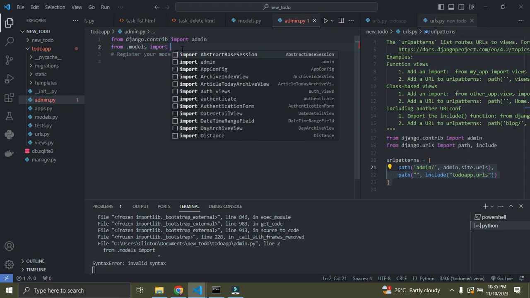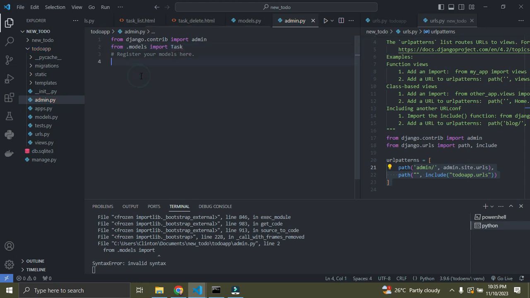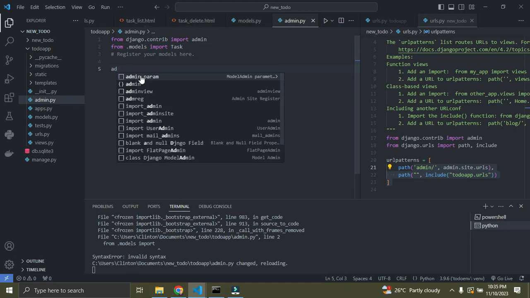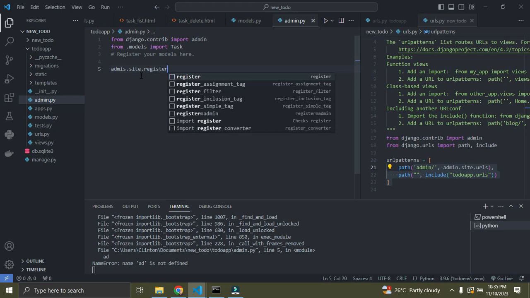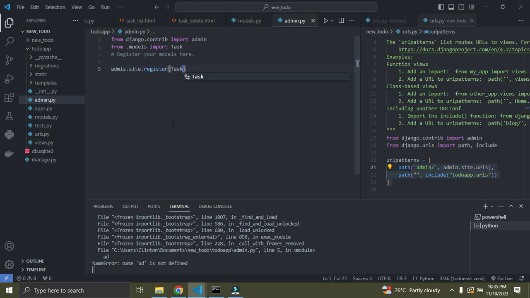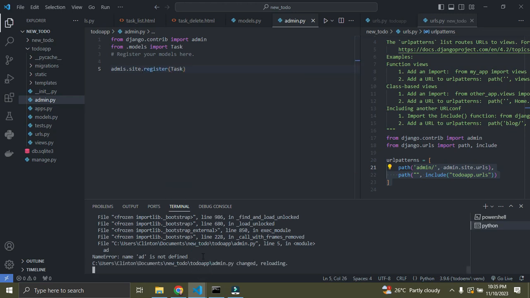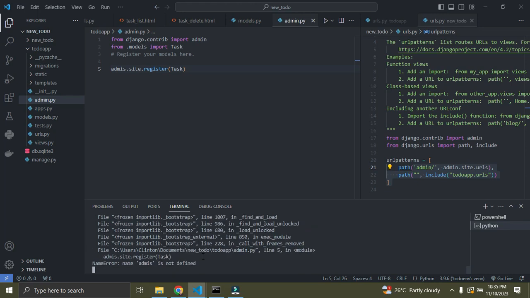So I'm going to say import Task, and I'm going to say admin.site.register. I'm going to say Task. So now that's fine. Let's run server again. Okay,